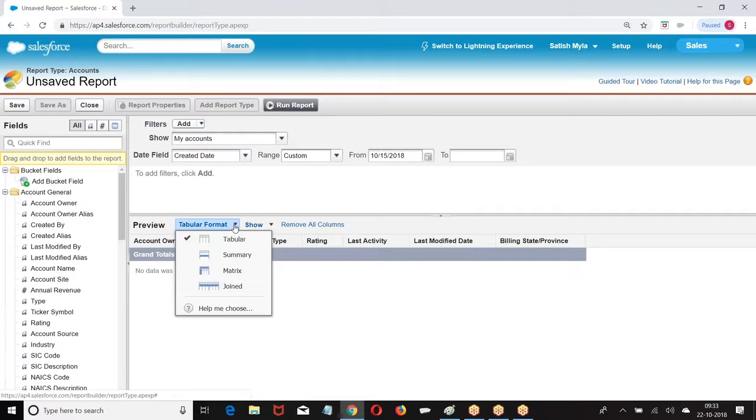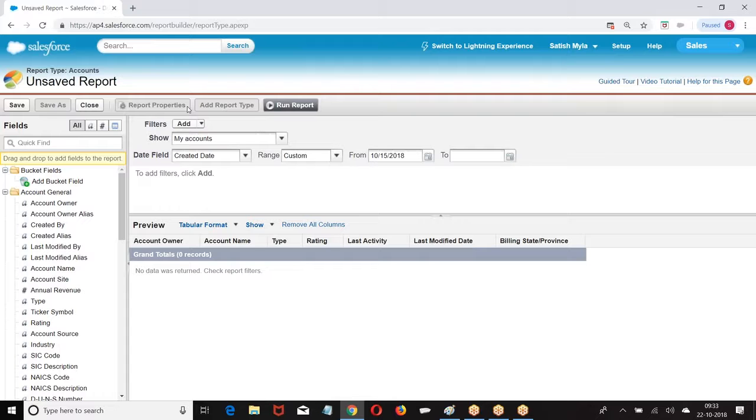Tabular report, summary report, matrix report, joint report. What are these tabular, summary, matrix and joint? Let us understand that. Till here any query from anyone?